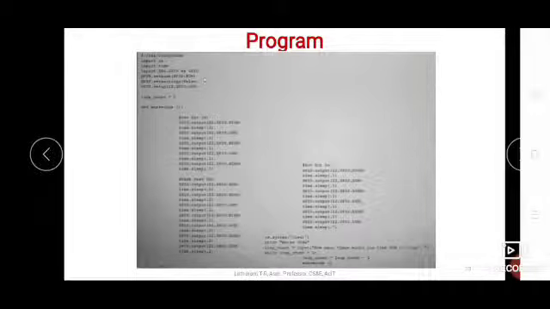The program written is like this. As usual we make use of import time, import RPi.GPIO as GPIO, then GPIO.setmode to GPIO.BCM, then warnings to false. Now here you set pin number 22 as an output pin because it is a buzzer, it has to produce sound. It will be producing beeps, let us say. The beep needs to be heard, so it is an audio output. So pin number 22 is set as an output pin.